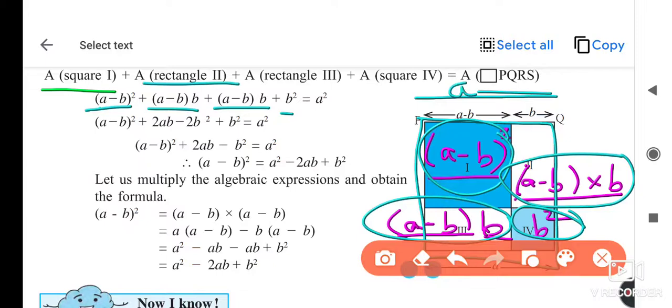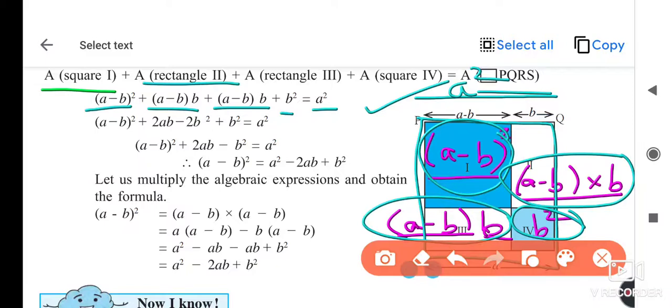That is a. So the area of this whole PQRS is equal to a square. So here it is written a square. Clear till that? What we had done is find the area of this whole PQRS, and for that we added the area of rectangle 1, square 1, and quadrilaterals 1, 2, 3 and 4, and we wrote their respective areas here. Okay, now we will see the next point.